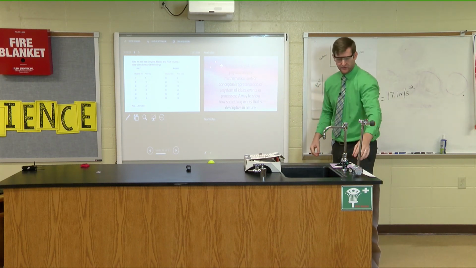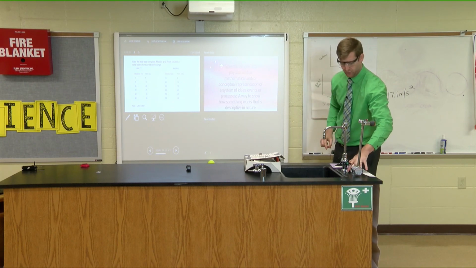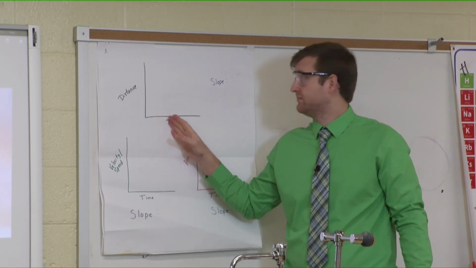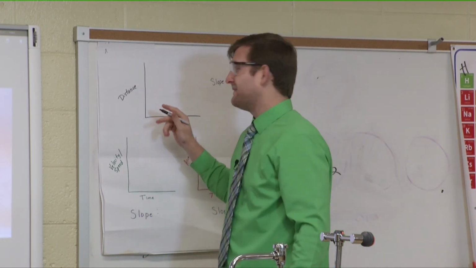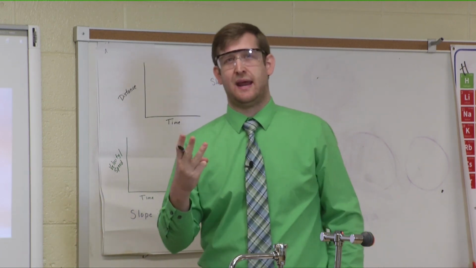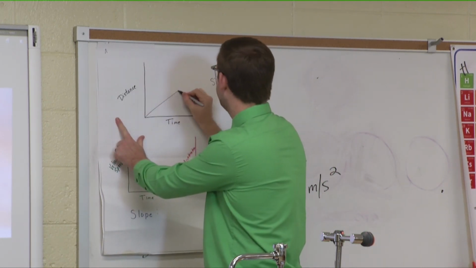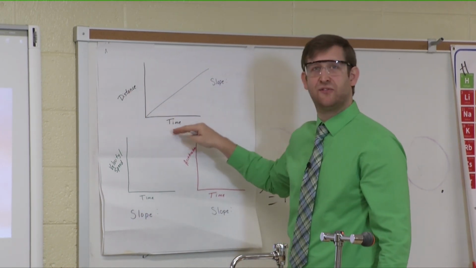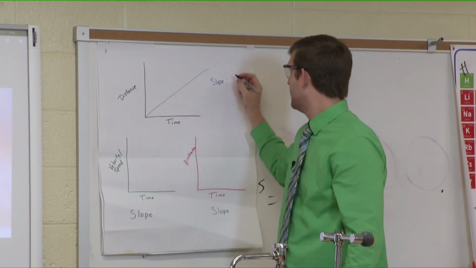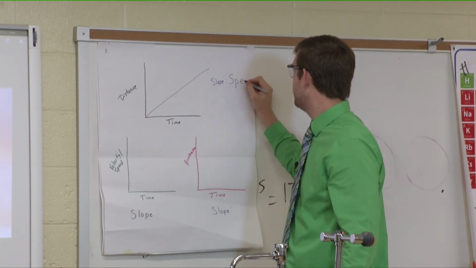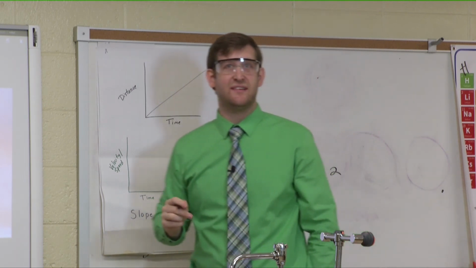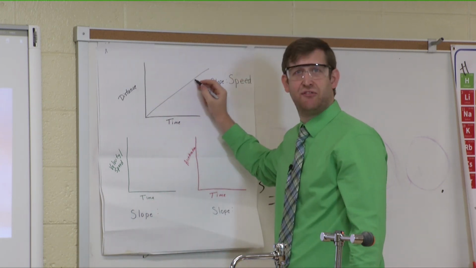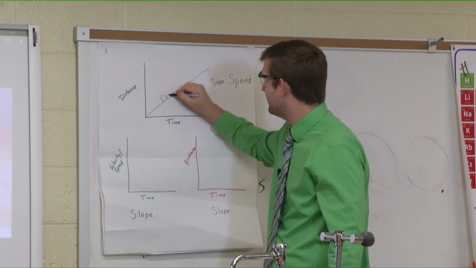Now I want to get into slope just a little bit more. So we have our distance time graphs. There's 3 types of slopes you can have. You can have a constant slope. You see it stays the same the entire time. In your distance versus time graph, your slope shows speed. So if you have this type of slope, you have a constant